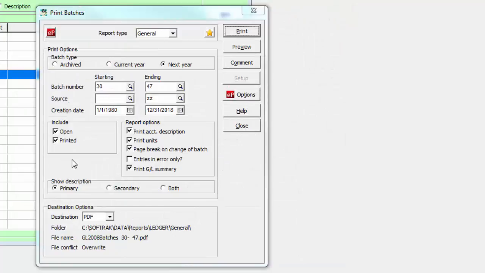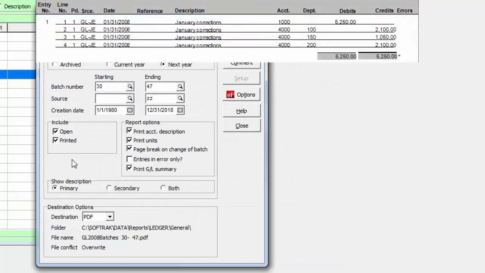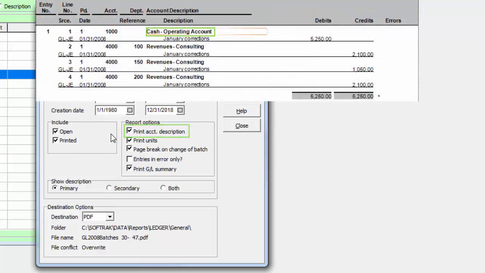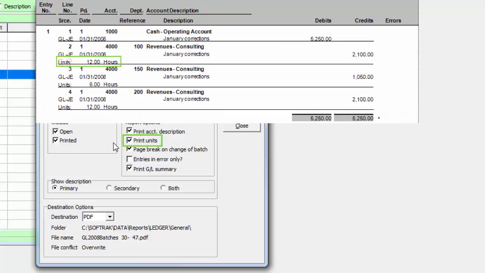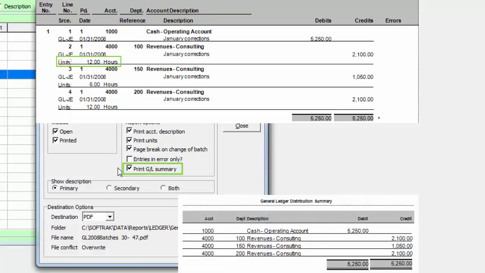There are a number of options for selecting what to print in addition to the core information. The account description can be included with the account number, which results in 2 rows being printed for each detail. If statistical units are enabled on accounts, then these values can be printed on a separate row. A summary of all amounts by account and department may be added to the end of the report,